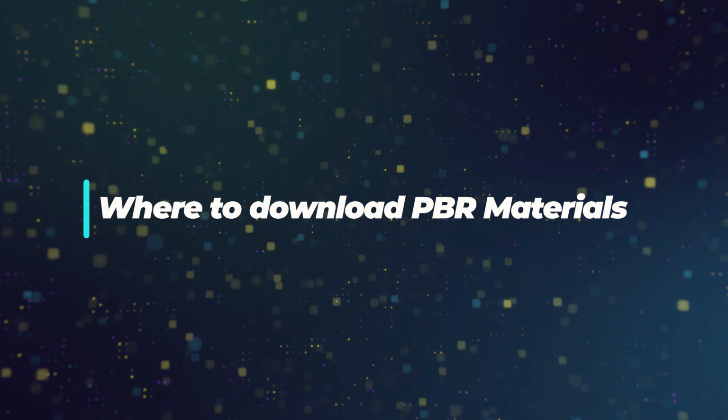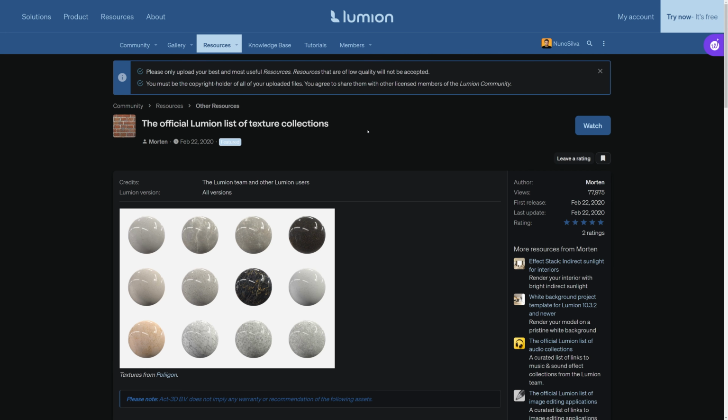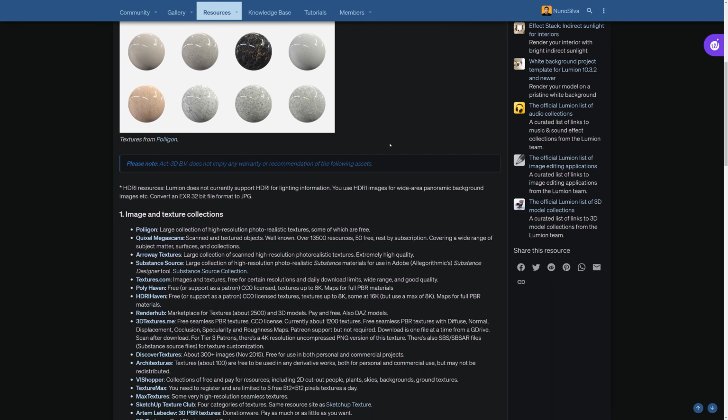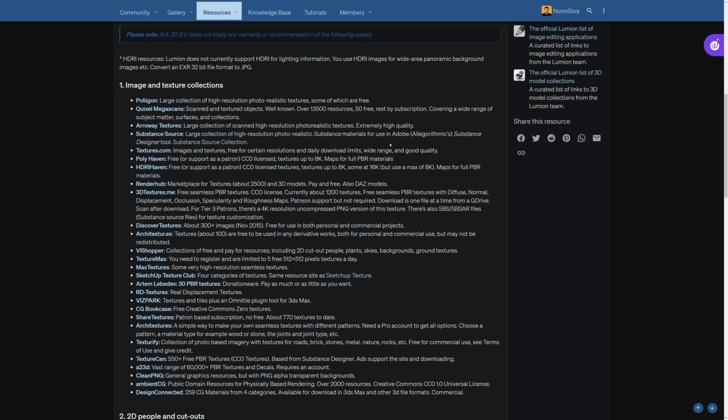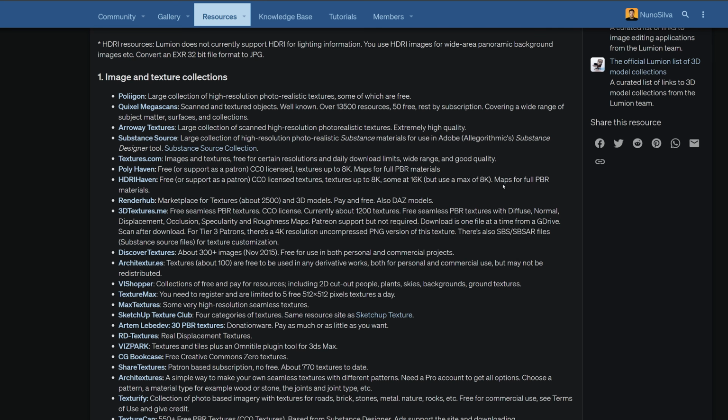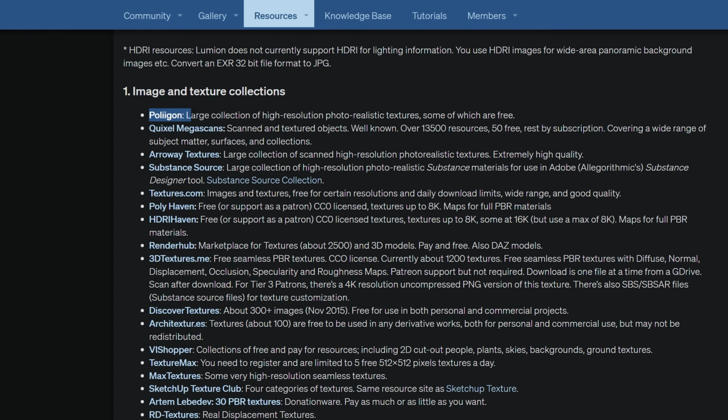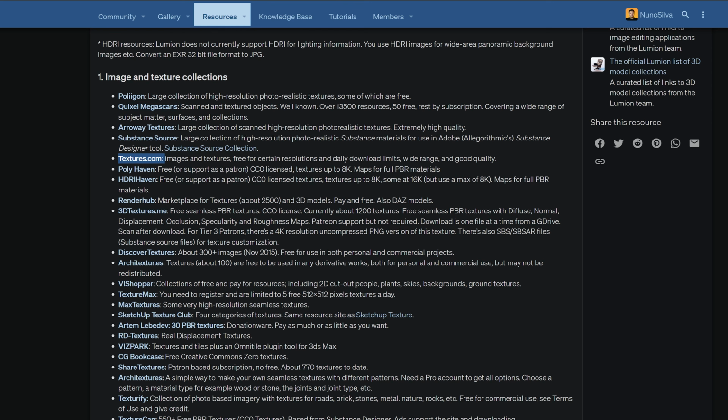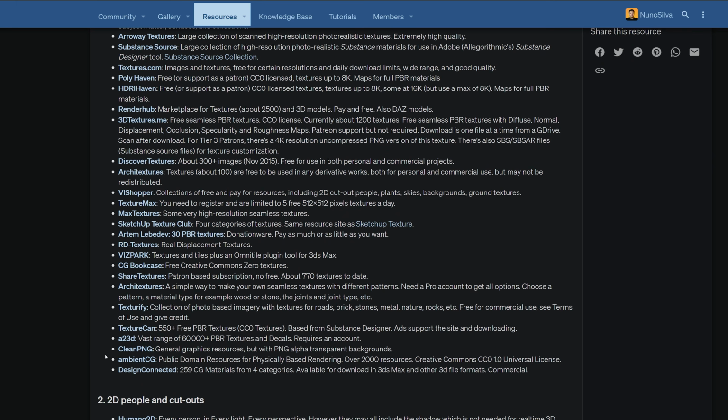We are going to start downloading PBR materials and applying them inside the interior scene in Lumion. Lumion has a resources section on its community website, which provides a lot of useful information. You can find here a section only with links to PBR materials and textures websites. From this list, the sites I'm using the most are Polygon, Quixel, Textures.com, and also there's a completely free option